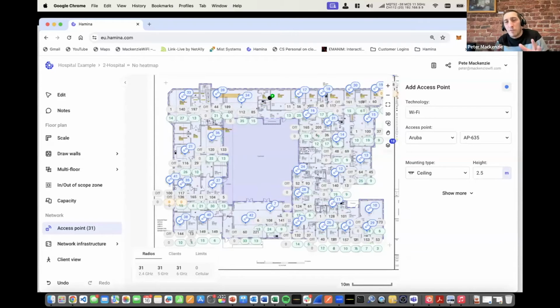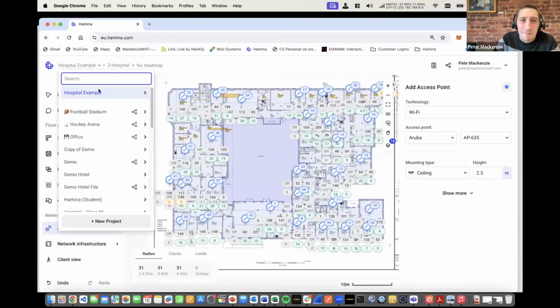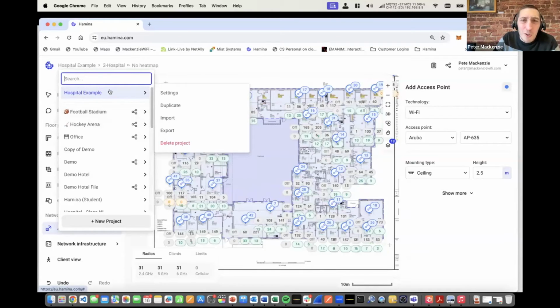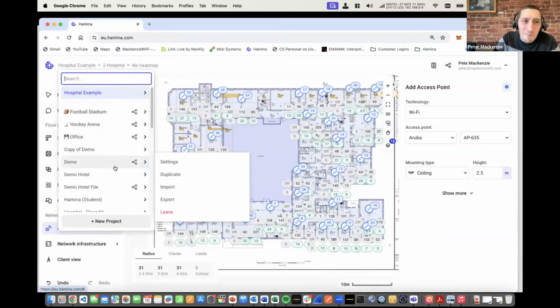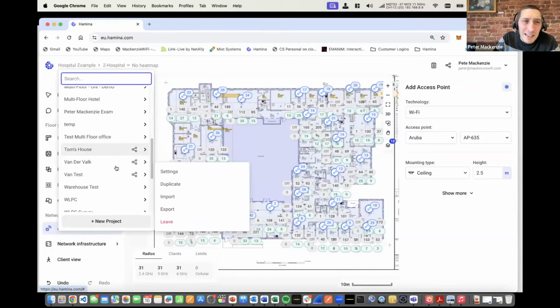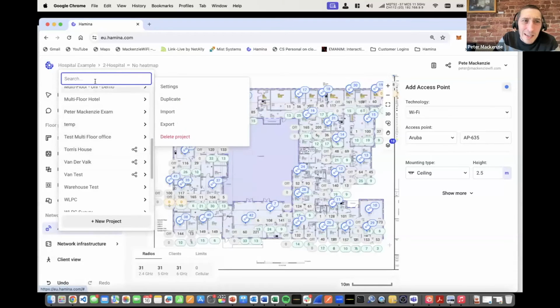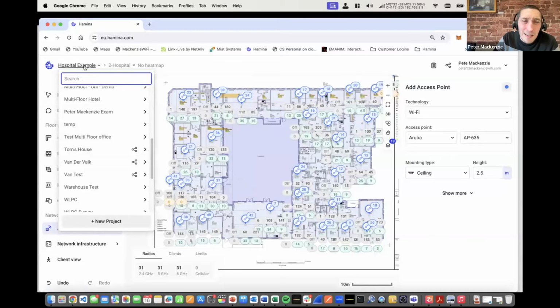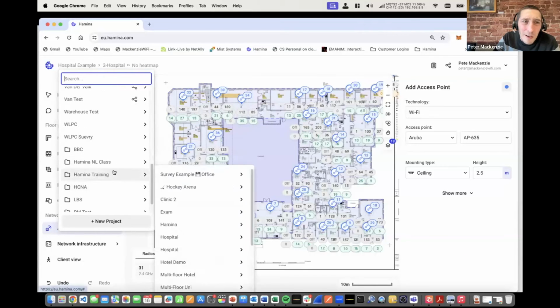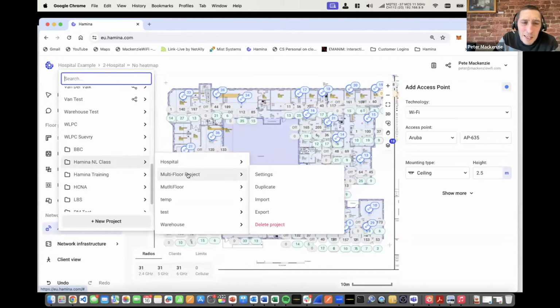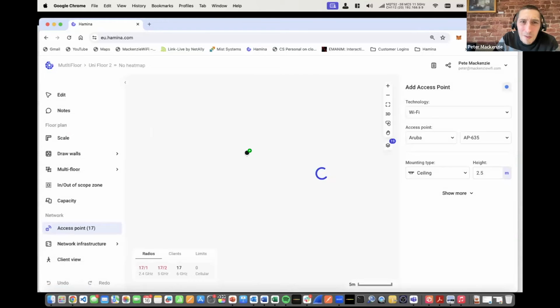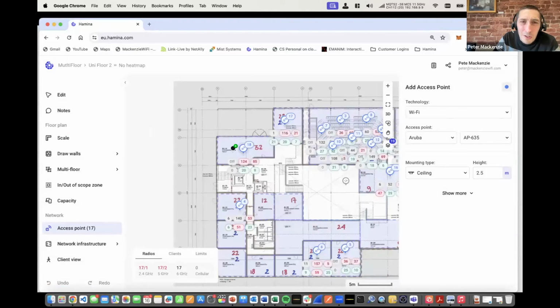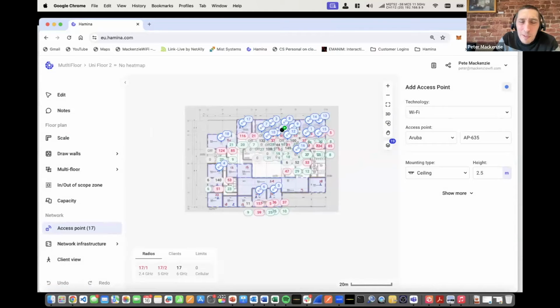So that's one way of doing capacity when you've got the entire building. The other way you could do capacity is, let's say you had a building plan. I think I've actually got one here. I'm just going to load it very quickly. In this building plan,